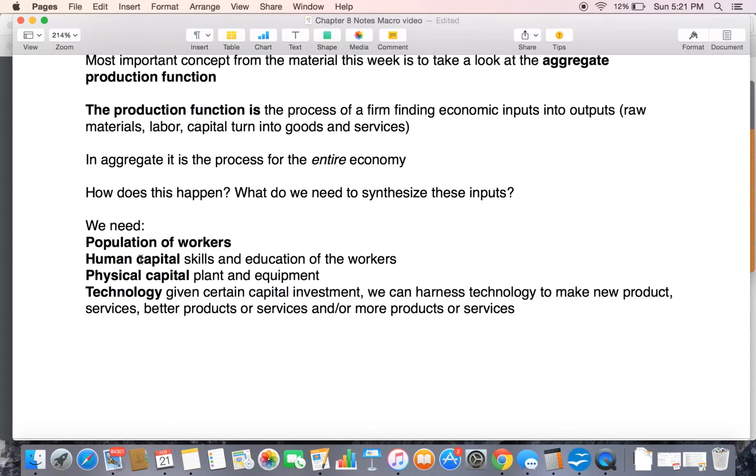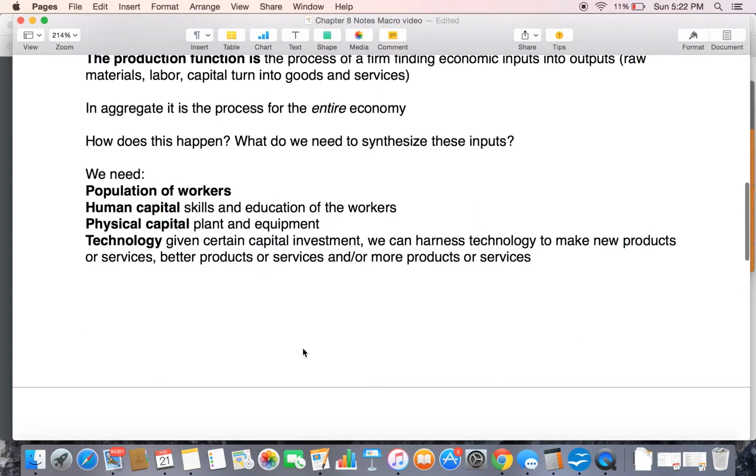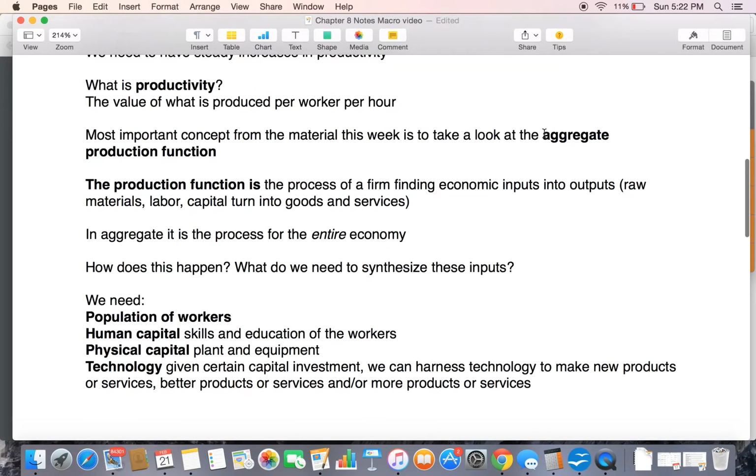And technology, having this fixed amount of a certain population with certain skills and education, and utilizing different physical capital such as plant and equipment, will harness technology to make new products and services, better products or services, and or more products or services. So this would be considered the aggregate production function, the process of